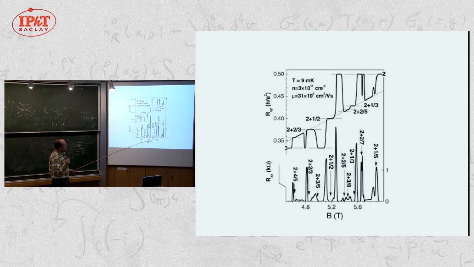Let me add a few things. It's not absolutely clear that even though the filling factor is the correct one, that it is the same physics as at 1/3 in the lowest Landau level. The only thing you know from these measurements is that there is a gap, and you have edge modes to carry the currents so that you have quantized resistance. So that's fine, but it's not a direct proof that this one, for example, is an n equal 1 replica of the Laughlin wave function. Maybe that's the simplest explanation, but logically it's not that clear.